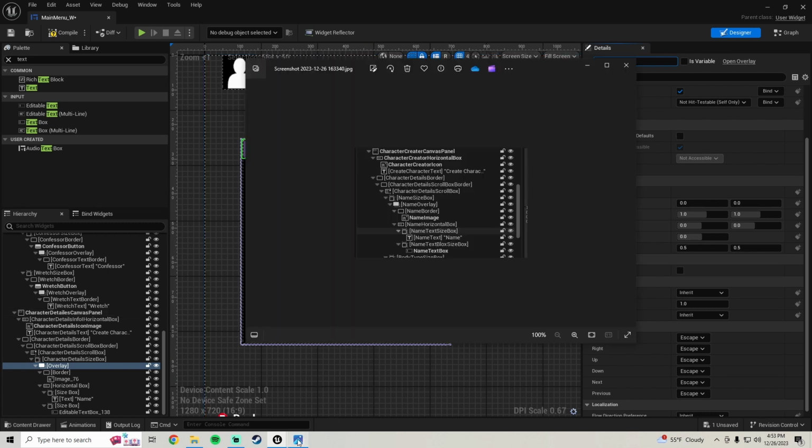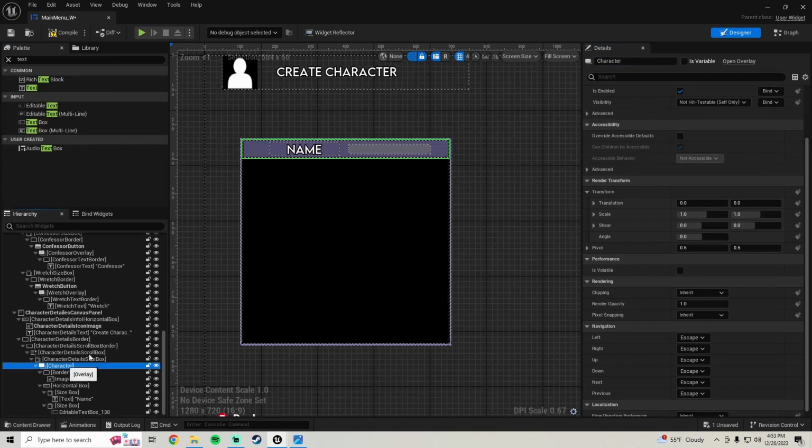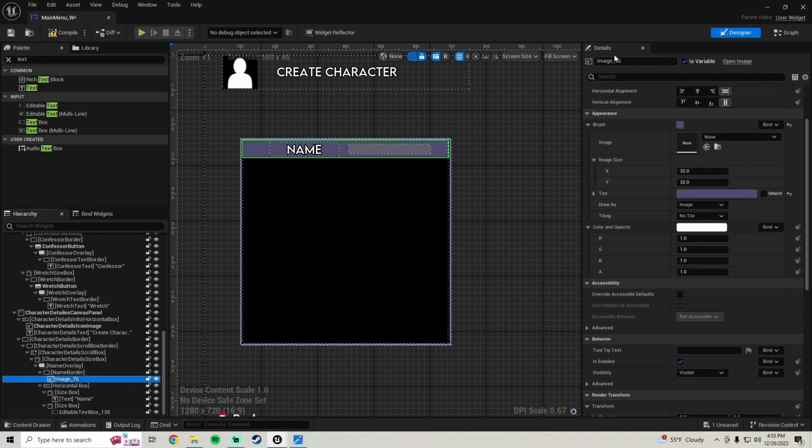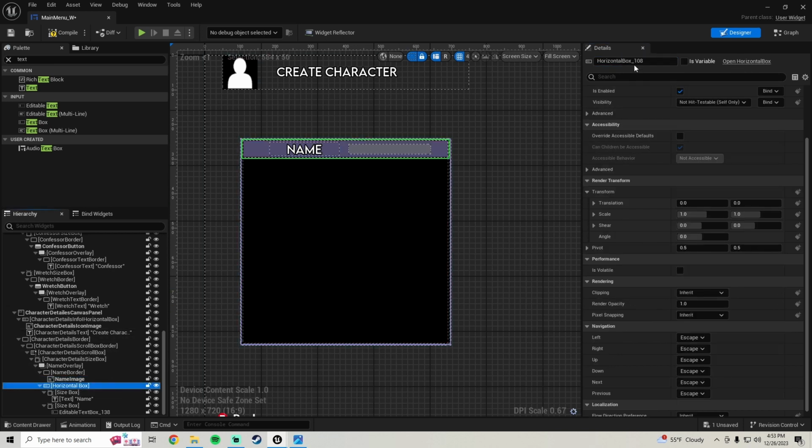Actually, these are probably different. Let me check. Yeah, we'll call the overlay, we'll start calling this name overlay. Then on the border, I'm gonna call this name border. Then on the image, I'm gonna call this name image. Then on the horizontal box, I'm gonna call this name